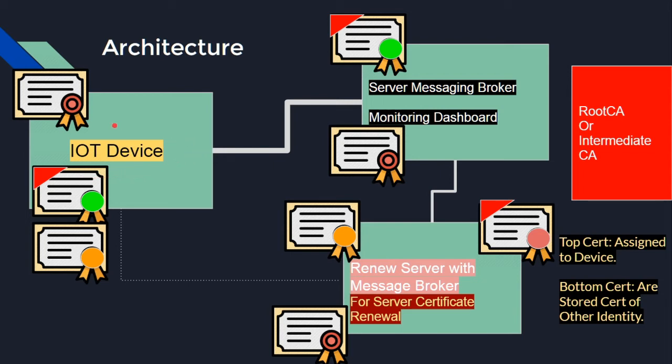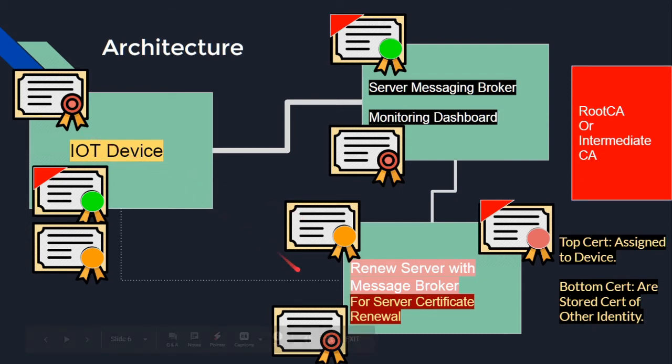And what if some IoT devices are not able to update 30 days prior to the expiry? Then that IoT device would have an expired certificate. Then how do we update that expired certificate? For all those IoT devices that are not able to update their server certificate, they would go through another path known as renewing the server certificate through the renew server.